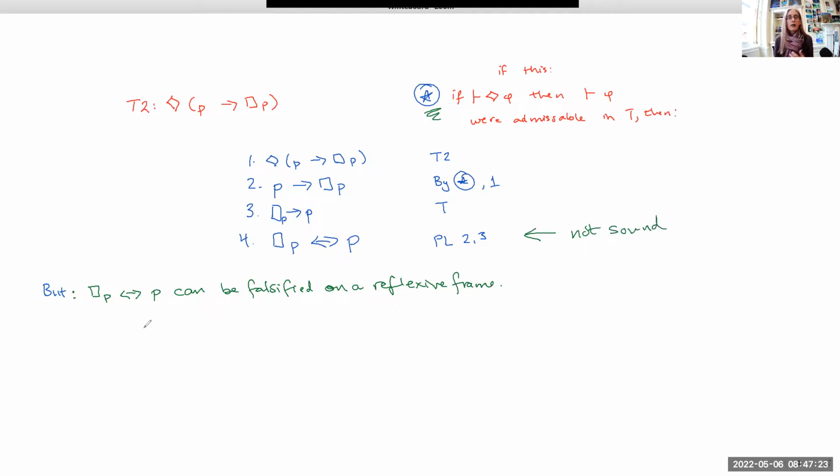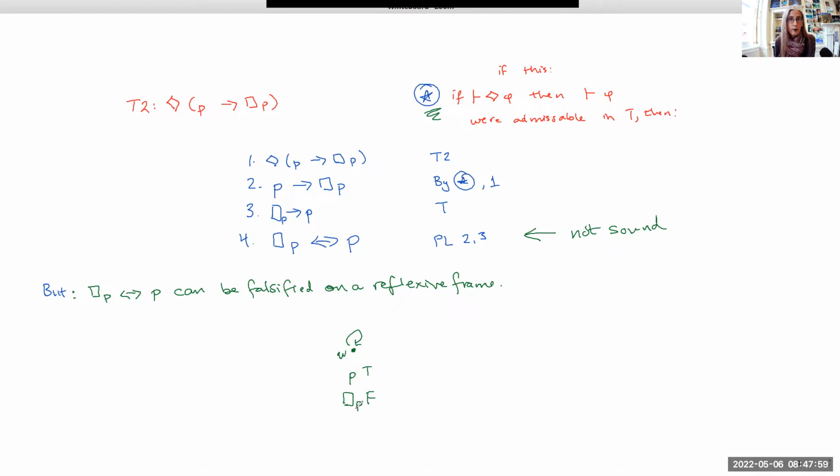So let's see, how is it that we can take necessary P if and only if P and construct a reflexive frame where it is false? What we need is one of these sides true and the other side false. I'm just going to start off, and so here's our first world W, it's reflexive, so I've got that arrow. And I'm just going to say, let this be the world where P is true. That makes it easy because all you have to do is assign truth to this atom. But then that means we need to have necessary P being false so that these are in fact not equivalent.